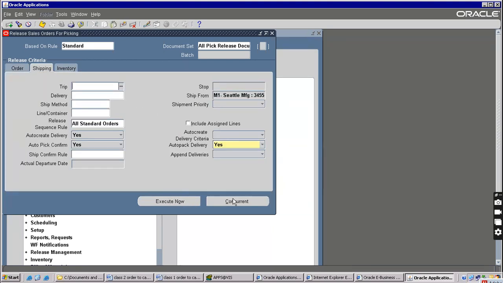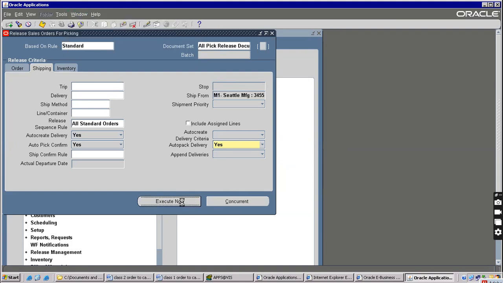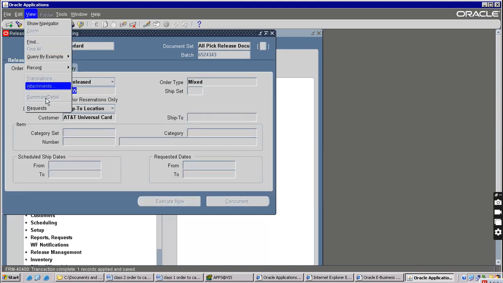Execute. Here concurrent is also there. In a company, thousands of users will work at a time. So it will be in a queue in this particular manager, the concurrent manager. Okay, so you can execute now. I'll show you what concurrent manager means. Concurrent manager means, here, if you go to requests,